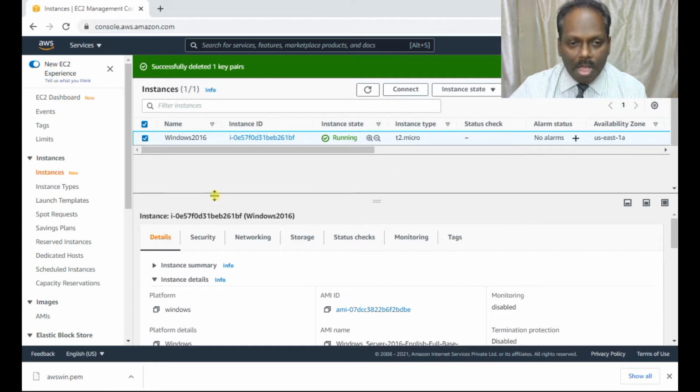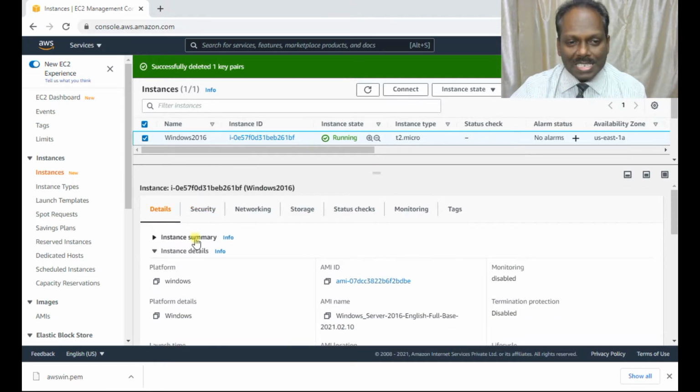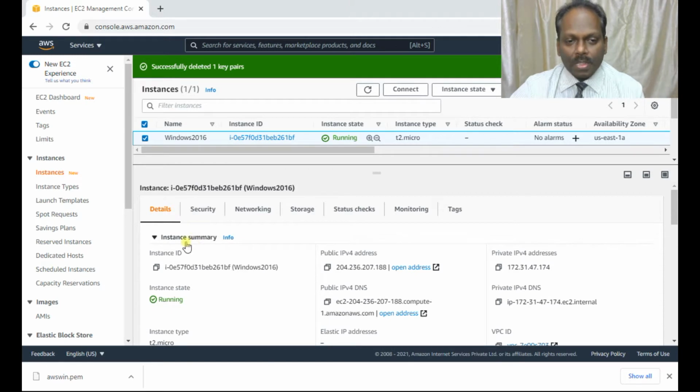And now if you want to go through the instance details, here it is. This is the instance ID, which is unique and will be recognized by Amazon Web Services, and this is the public IP. I have copied this public IP because we need to log in to this server using it. Earlier, this is the private IP, which is 172.31.47.174. It changes from this one.